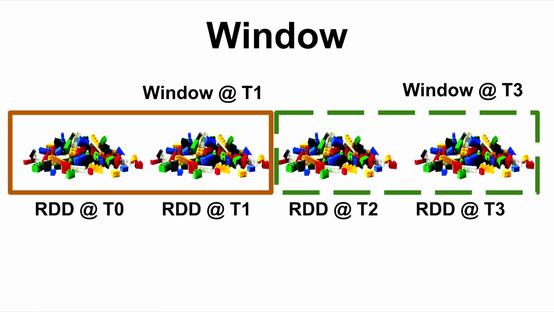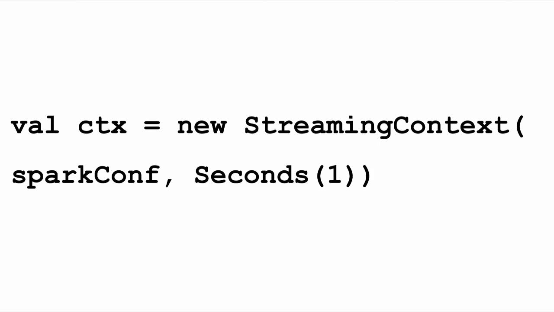Additionally, if you want a sliding scale of data, so I don't just want the data at that time period, maybe I've got updates in the past or updates in the future that I need to be aware of, I can set up a time window to overlap multiple periods. What this does is that window at time 1 is basically a larger RDD for you to operate on. And you'll notice that at this point, all of the processing is at the RDD level, and all the guarantees of processing are at that level as well.